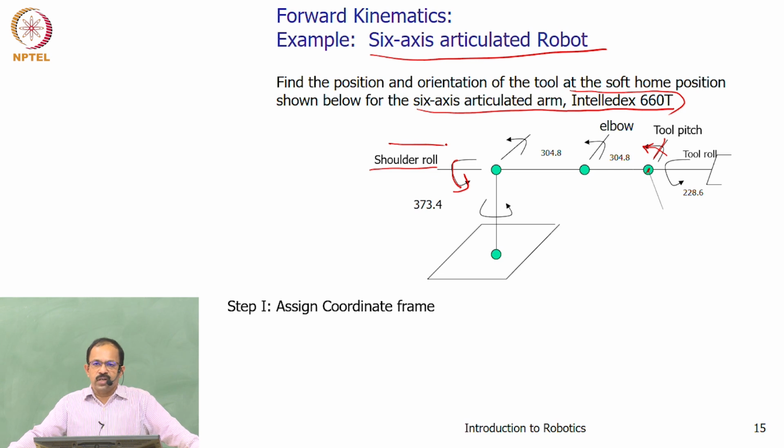So do you think it has all the 6 degrees of freedom, or is it a redundant manipulator, or a manipulator with fewer joints than required? Because you don't see a yaw joint here, right? Yaw axis. So will you be able to position the tool with any arbitrary yaw? Yes or no? Did you understand my question first? Okay. So do you consider this a holonomic one or a non-holonomic one?